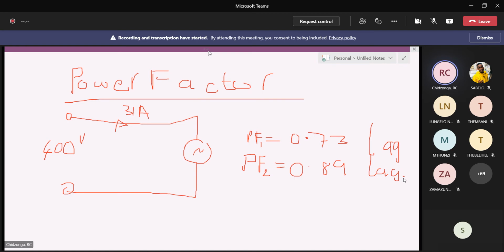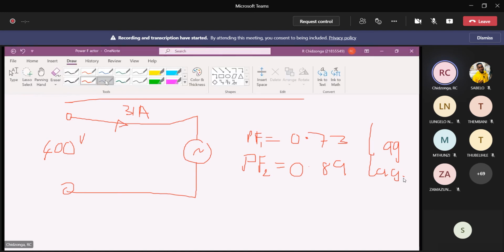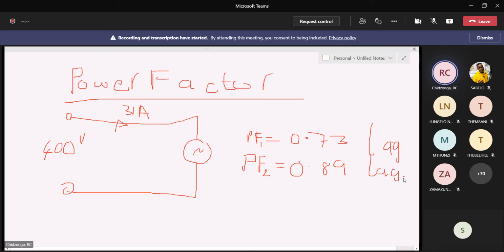Now, the question here is, what is the value of capacitance to be connected in parallel in order to improve the power factor from 73% to 89%? So, question, find